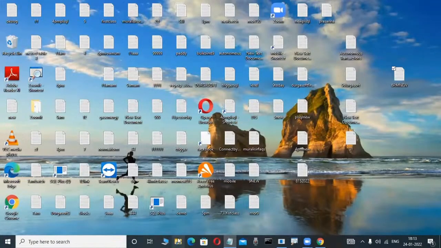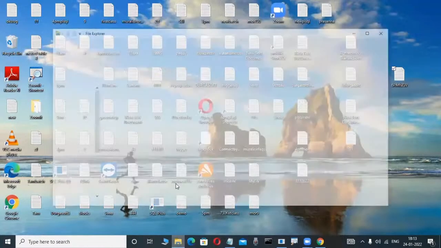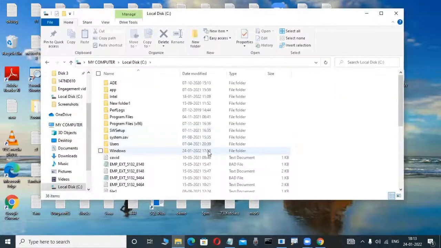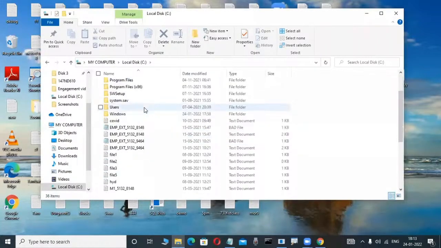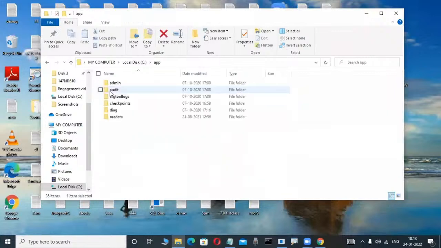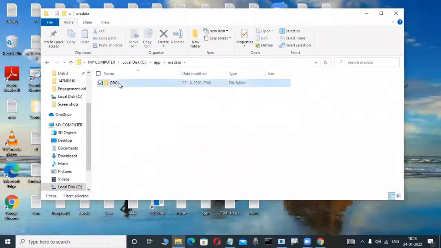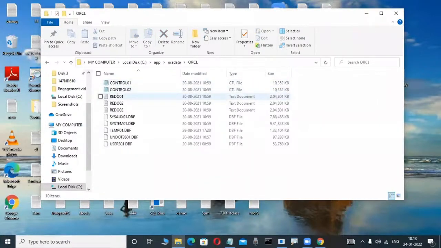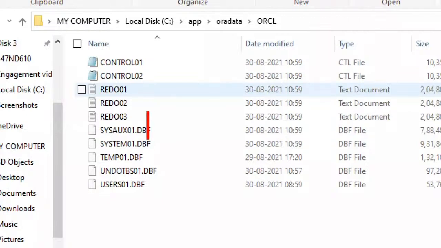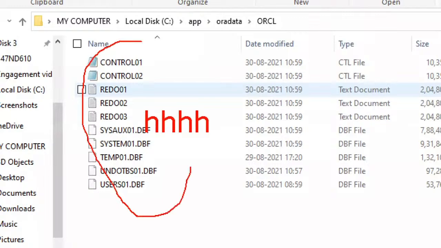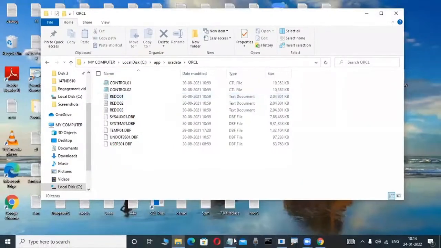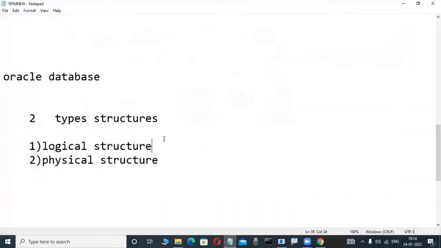I install Oracle, and how you install Oracle we will learn in the next classes, don't worry. Suppose I install Oracle in the C drive or somewhere. In this C drive your table is not available. Whatever table I create is not visible, not in the C drive or D drive. That's why a logical structure means a structure which is not visible